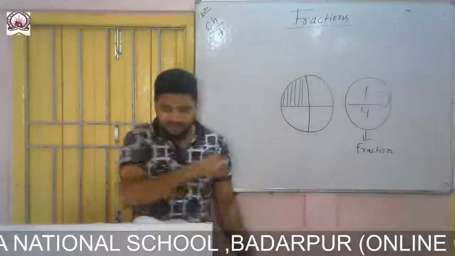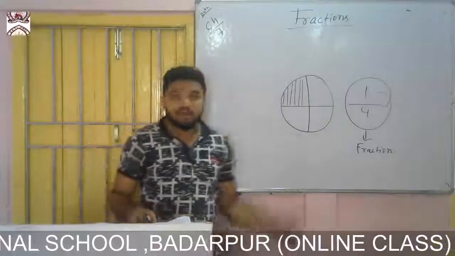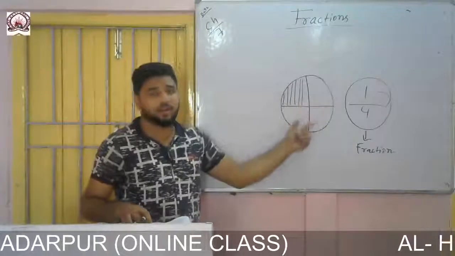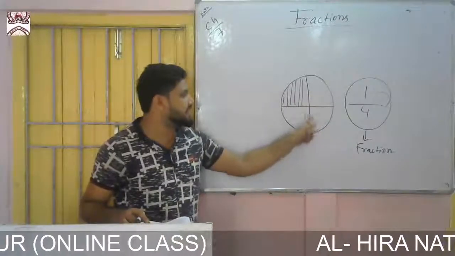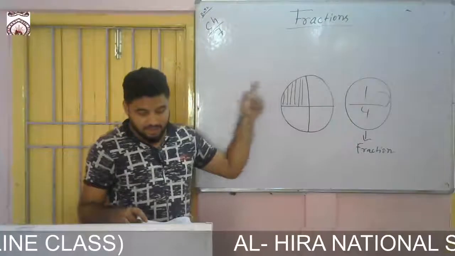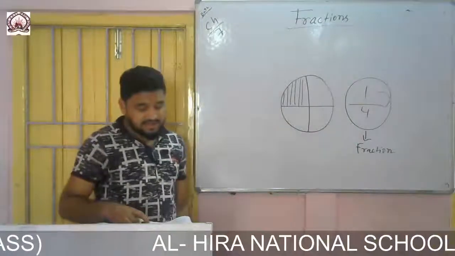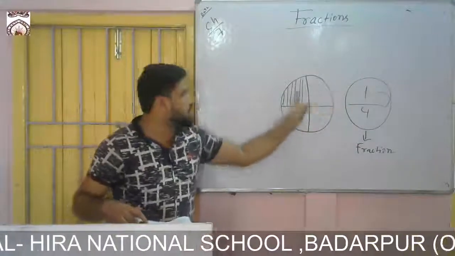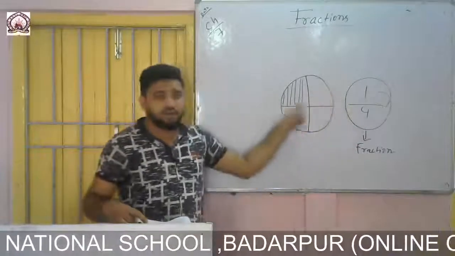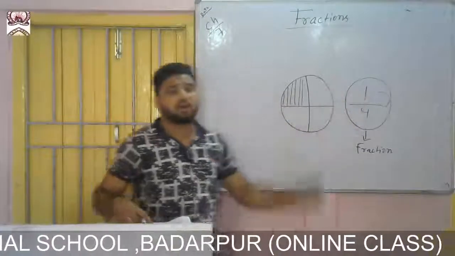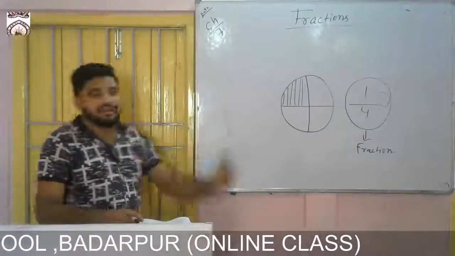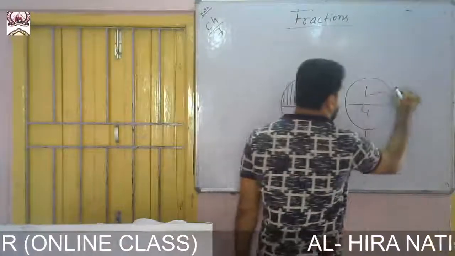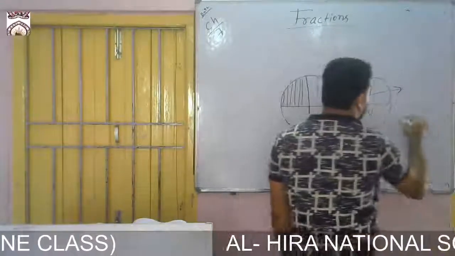So in the definition it is given that when something, that means the whole, is divided into equal parts, you see the whole has been divided into equal parts. This part, this part, this part, this part, all the parts are equal parts. And each part is a fraction of the whole. I have divided the whole into 4, so each part is a fraction of the whole. That is called a fraction. And the upper part is called the numerator.